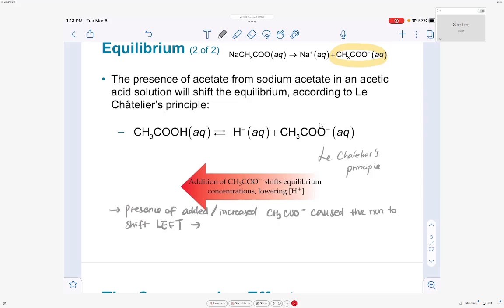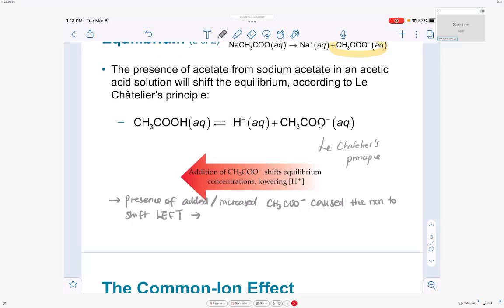Okay, because the reaction shifts to the left, acetic acid would ionize less than it would normally do, causing acetic acid to ionize less than